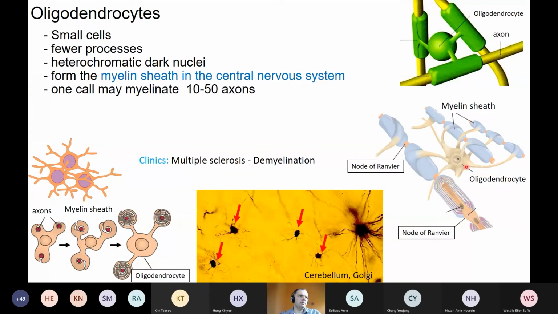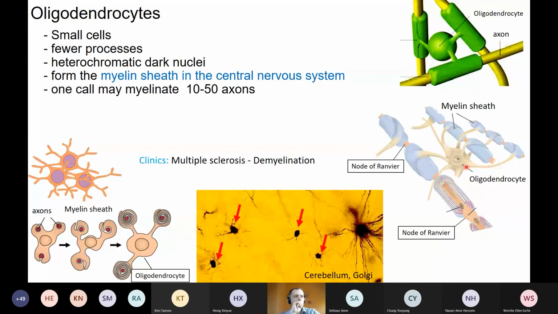So up to 50 axons may be myelinated, at least in part, of course, by one single oligodendrocyte. And this is an important difference in comparison to the periphery, where one Schwann cell forms the myelin sheath only for one single